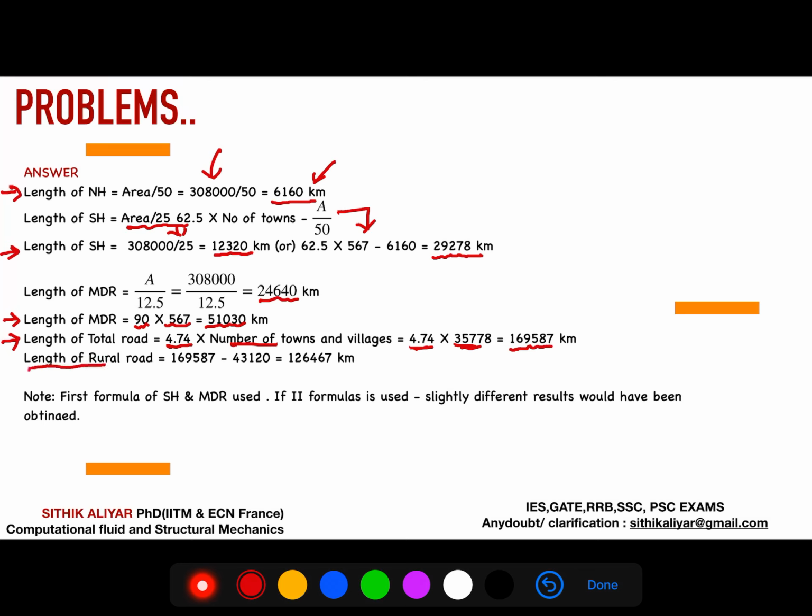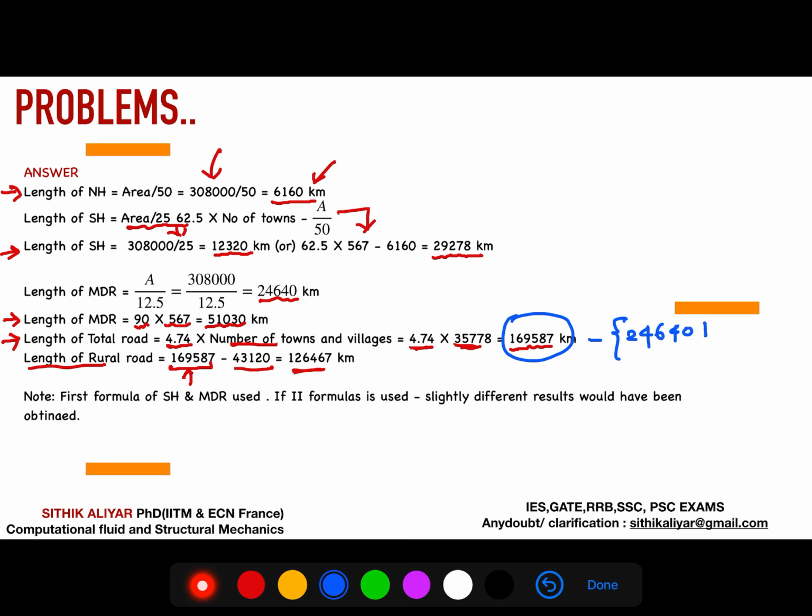So for the length of the rural road, you take the total length of the road and subtract all other roads, which will give you the remaining roads. Understood? You see, the length of the rural road is nothing but the total length of the road, subtract the values of